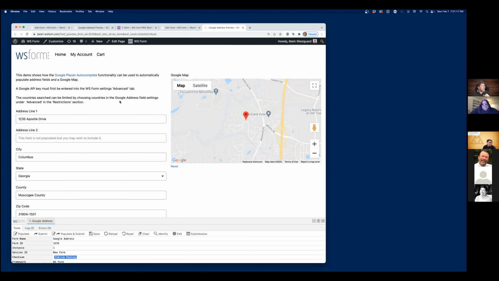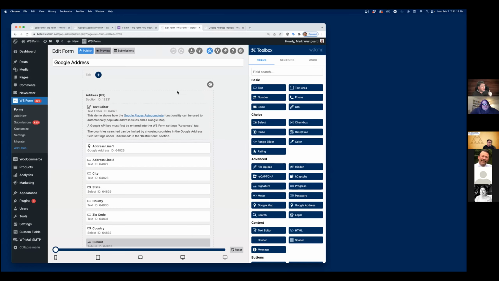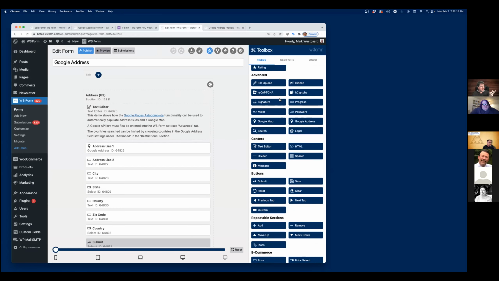Some other useful fields that we've got, particularly for reducing spam, we support reCAPTCHA. We also support hCaptcha as well. And hCaptcha is a good alternative if you're privacy conscious. They claim to take less information than Google do when you're clicking on that reCAPTCHA. I tend to find the Google reCAPTCHA is a little bit easier for the user to use. It doesn't ask so many questions, but the hCaptcha is equally as effective